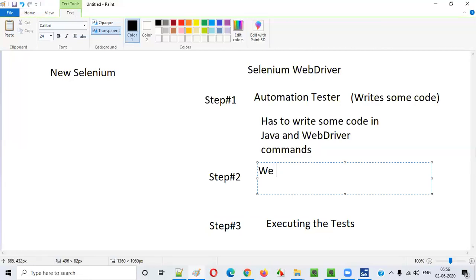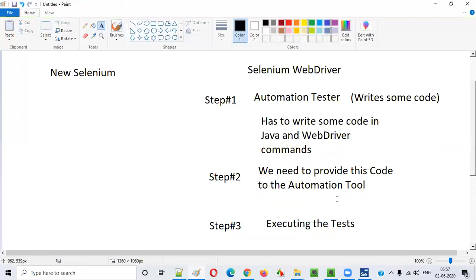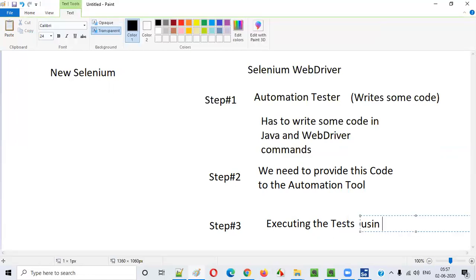We need to provide this code to the automation tool, right? So here you are writing some automation code, then you have to pass this code to the automation tool, then you can execute the test using the tool.